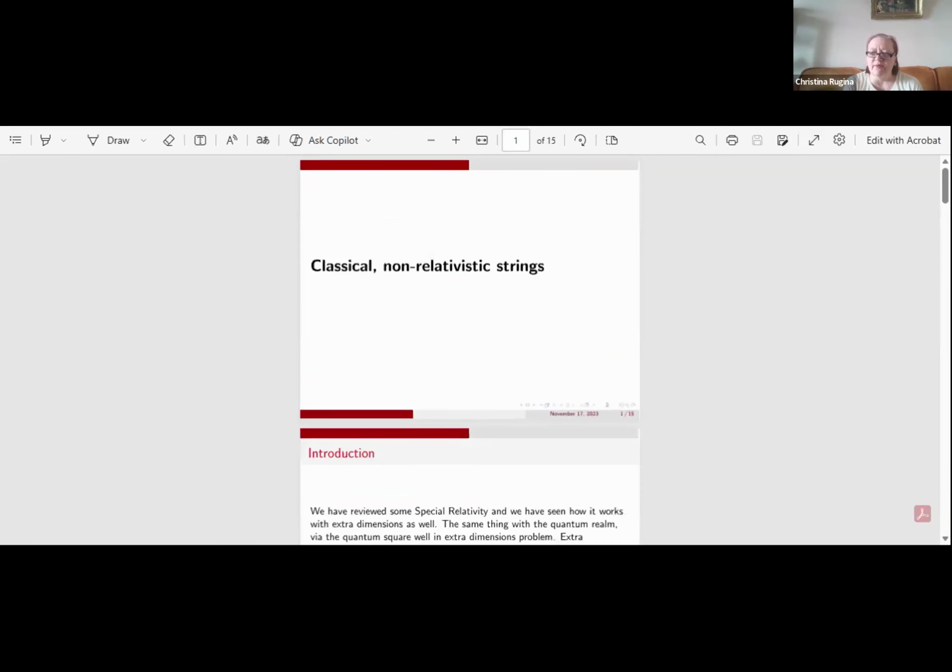Classical non-relativistic strings, and we go back to the rest of the theory after we finish that. I thought, since the first part of the lesson deals with special relativity and quantum mechanics, that we gear into classical physics first, so classical non-relativistic strings, which are very important. Of course, strings are quantum and relativistic, the ones we employ to derive, not to derive, to notice the